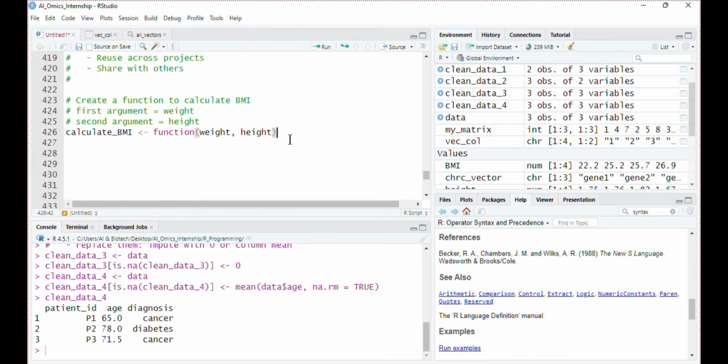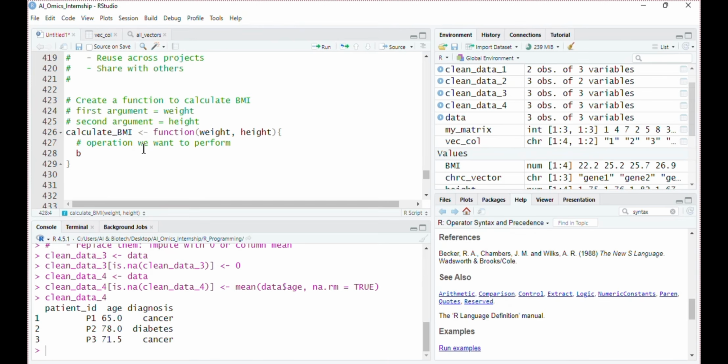After that, we will add the curly braces. In these curly braces, we have to mention the operation we want to perform. What do we want to perform? We want to calculate BMI.